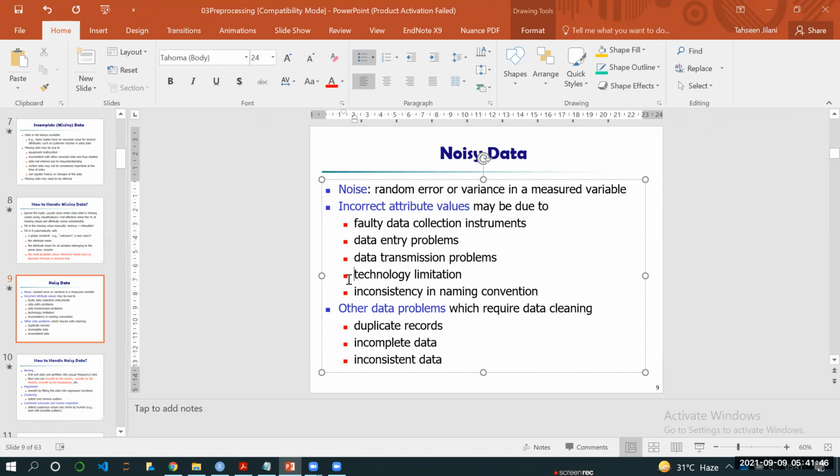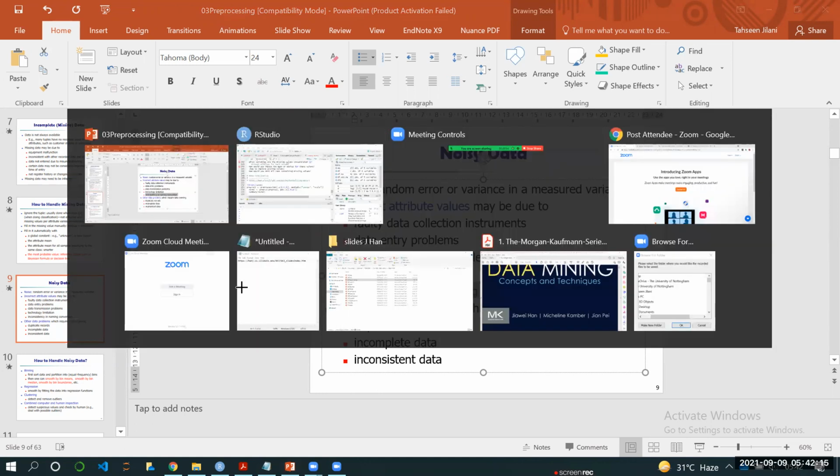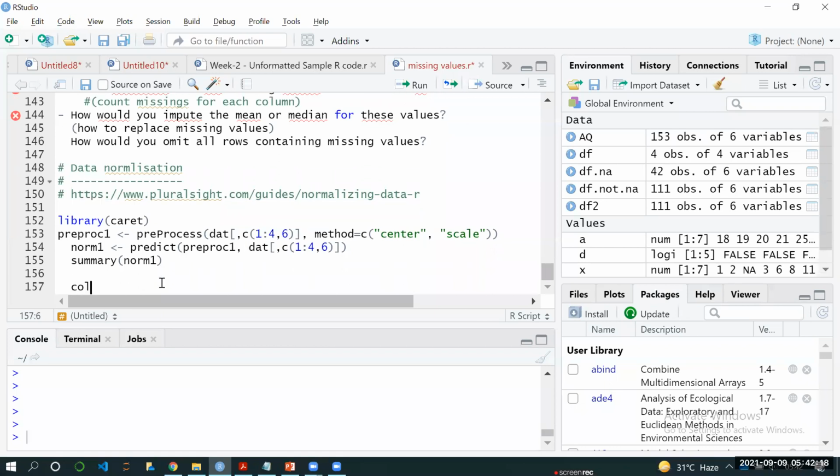And inconsistent name conventions: maybe when you import your data from SQL to Excel or SQL to R, and your variables have some special characters, if the field name has special characters, they will make problems for you. Like in SPSS, it becomes a hash or dollar sign. In R, the special character becomes a hash sign or some other problem. So you have to be careful with the names of your columns. For example, I say colnames,